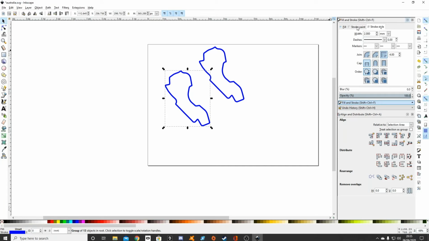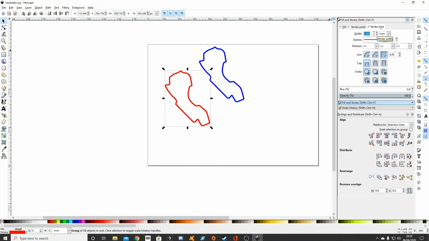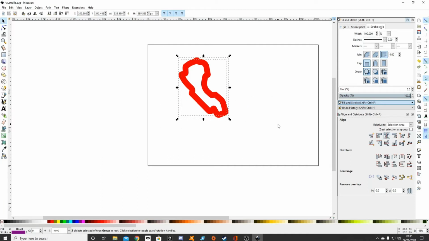So I also have red as the cut tool, so I'll change this one to red and then change the width of it to about 10mm, and then you select both of them, go to the align tool here and then align both of them. If you send the red one to the back by pressing this here,